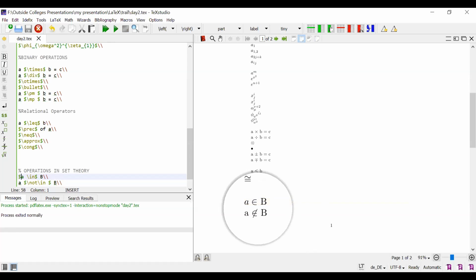In small letters, we see so much difference between the first A and the second A, because the first A is placed between dollar symbols, but the second A is not. So this is the difference in dollar symbol usage. Whatever we use, this A is an element in B. So when we use A as an element in B, throughout the article you should type A between dollar symbols. Otherwise it is mismatched.